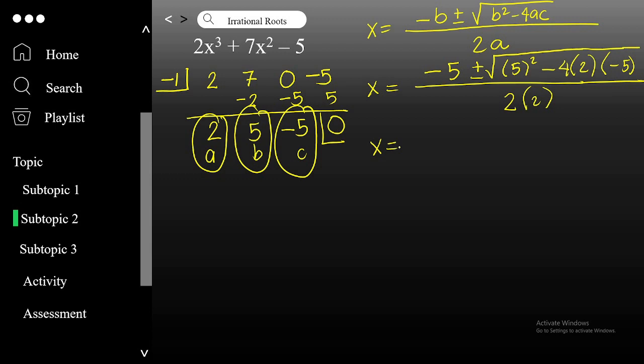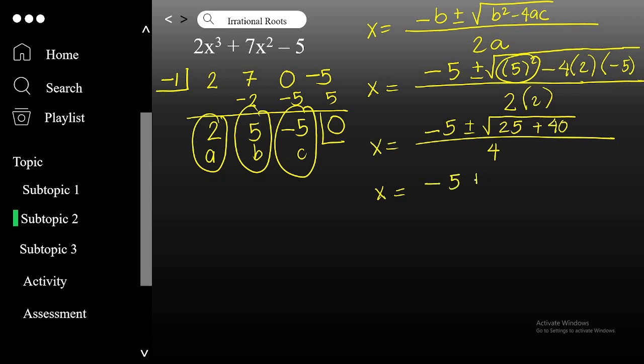So x is simply equal to -5 plus minus, this is 25, -4 times 2 is -8, -8 times -5 is positive 40, all over 4. So x is equal to -5 plus minus the square root of 25 plus 40, that's 65,